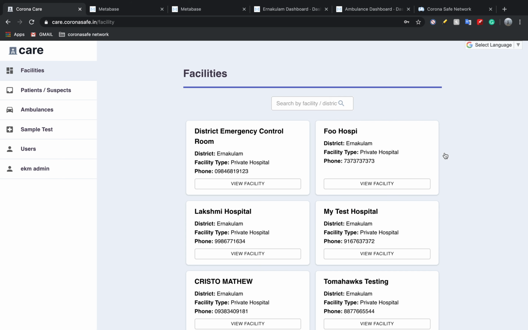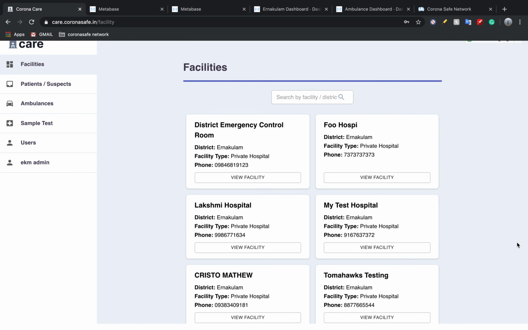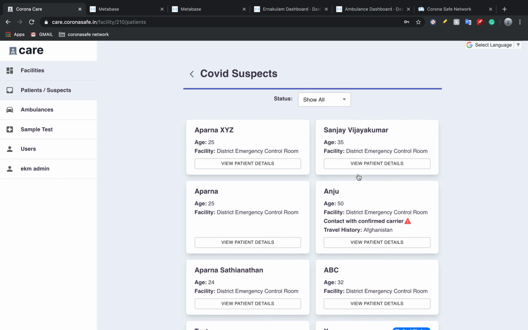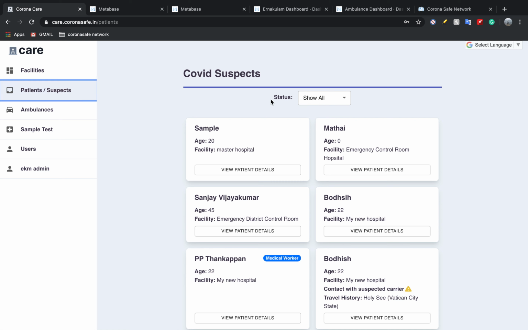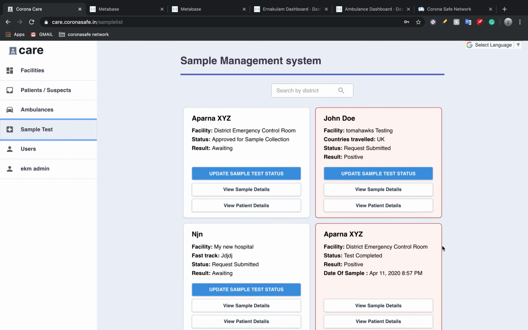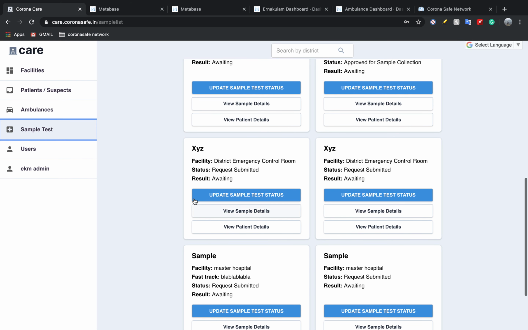This is the basic dashboard of all facilities within your district. You can see all the patients within a particular facility, or you can access the aggregate of all patients that are there in your district through the patients tab. Also, the sample testing tab shows you the different tests that have been requested and carried out within your district.